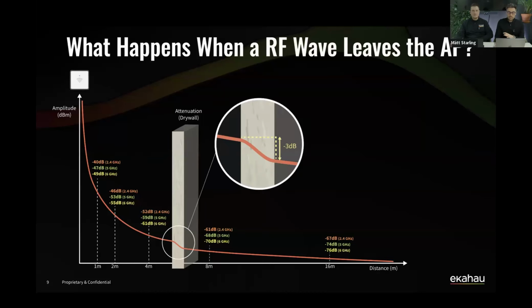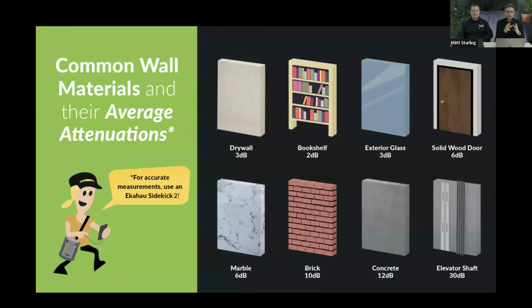Now, also something to factor in when thinking about your environment and your different types of materials on site is that they can actually cause different things to happen to our radio waves. For example, if you've got lots of glass or lots of reflective materials on site, that can cause the RF waves, as they're traveling through the air, to hit a piece of material and actually bounce back.